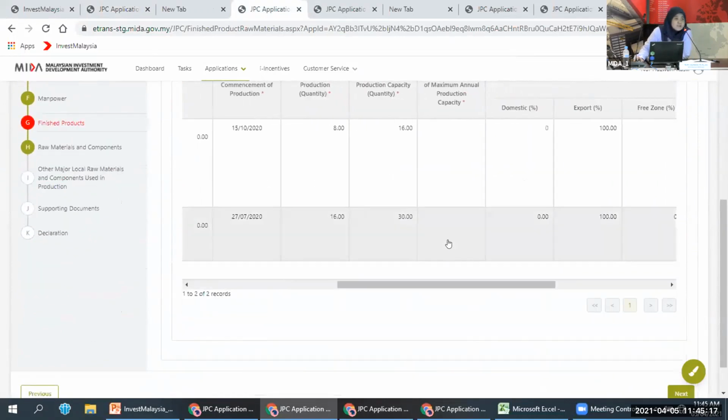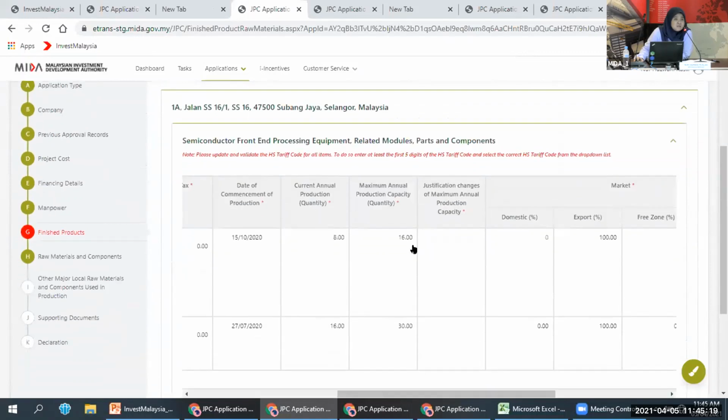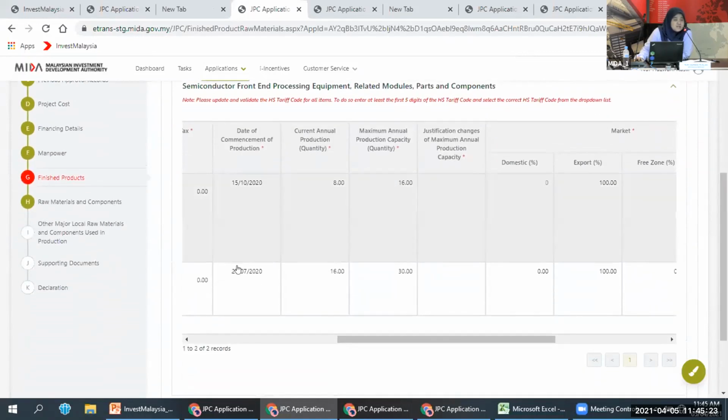Okay, on the extension application, you will be seeing a similar section on the left. I just want to explain a bit on the finished product. You will notice that there's one additional column that is not there in the new application, which is the justification for changes of maximum annual production capacity column.